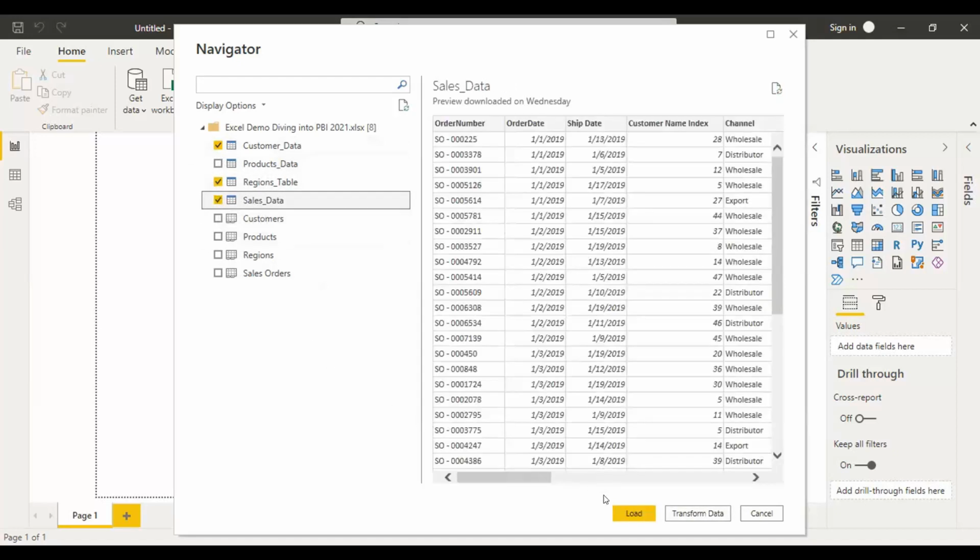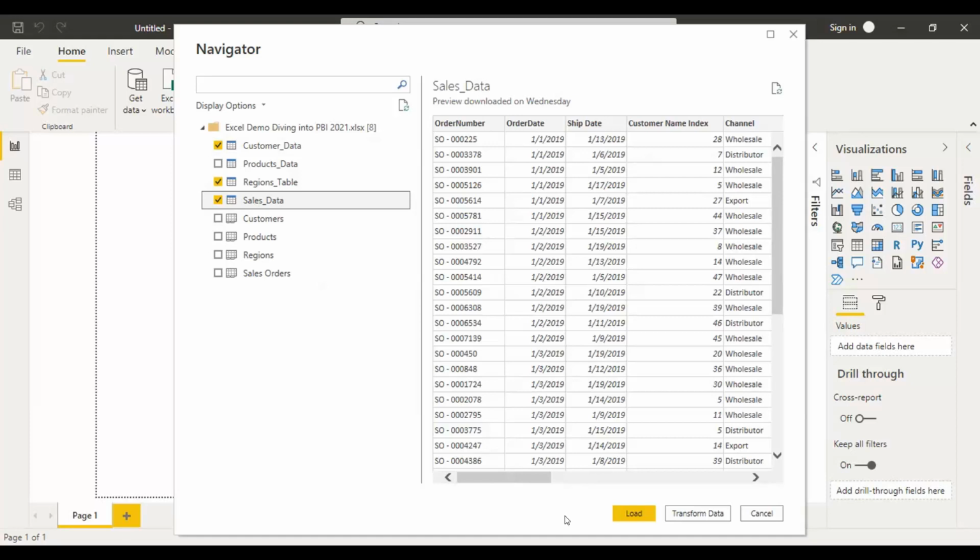And when we come here, it is showing 2 options, Load and Transform Data. The main difference between them is that if you click Load, it only imports the data into Power BI Desktop, where we cannot do any transformations like data shaping or data massaging.